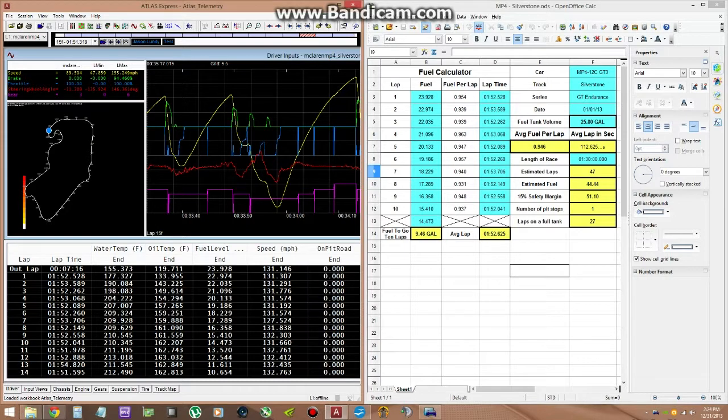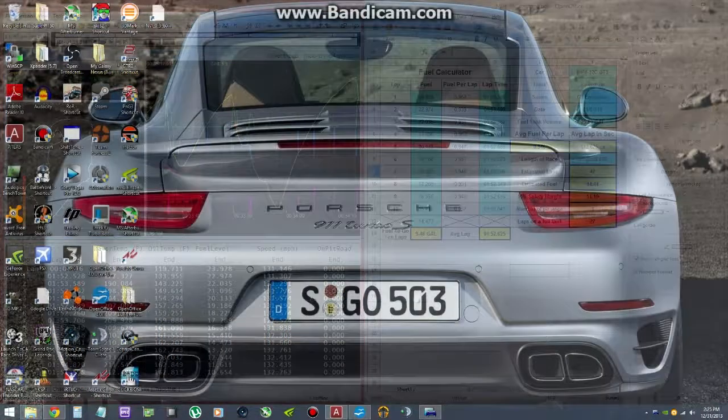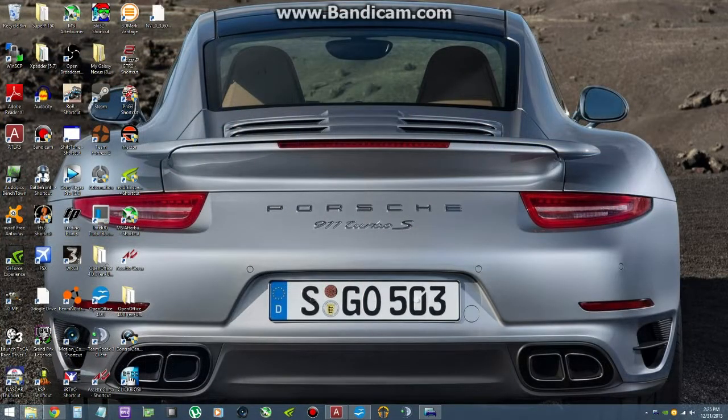So what I do is take the amount of fuel that's estimated for the length of the race, and from that I subtract 25.8, or whatever the fuel tank volume is, and that will give me the amount of fuel I need to take on at my pit stop. So that is how to use the fuel calculator and calculate your